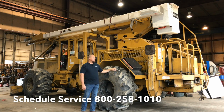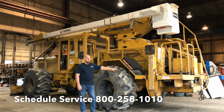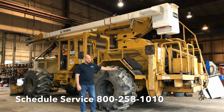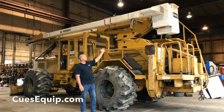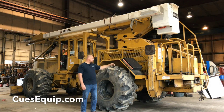This particular piece of equipment, the skidder, was being delivered on a lowboy trailer, and it made contact with an overhead cable and actually ripped the cable. Luckily it didn't take down any of the poles with it, but it ripped the cable by contacting the basket. In turn, it put an abnormal stress on the boom, and so what we're doing is we're going to get